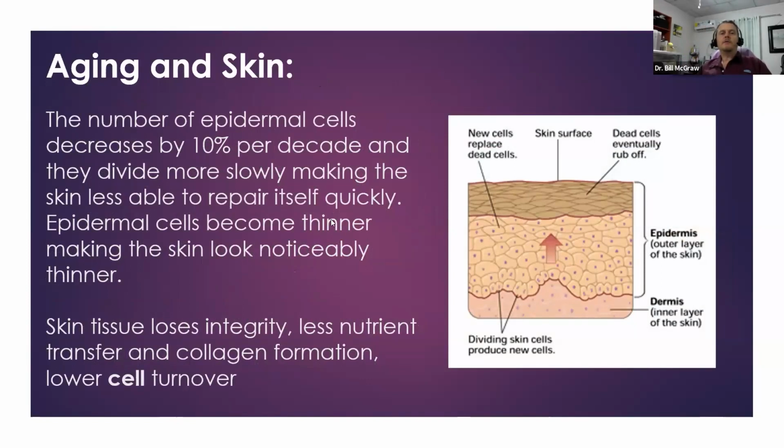The number of epidermal cells decreases by 10% per decade. So they divide more slowly, making the skin less able to repair itself. Epidermal cells become thinner, making the skin look noticeably thinner. Okay, so skin loses integrity, and there's less nutrient transfer and less collagen formation, lower cell turnover. So if we had an anti-aging program that can increase the number of epidermal cells being produced and at a faster, more regular rate, then likely we could have